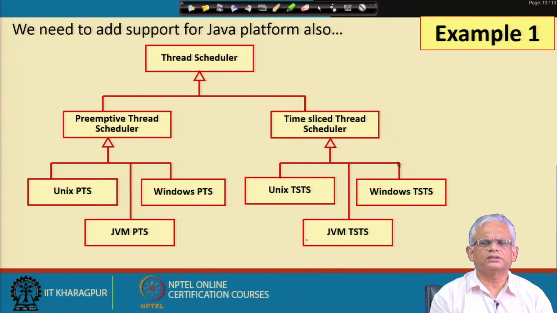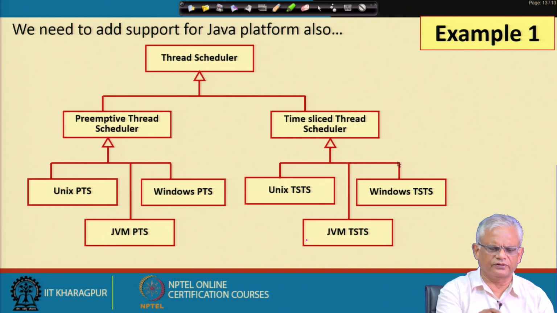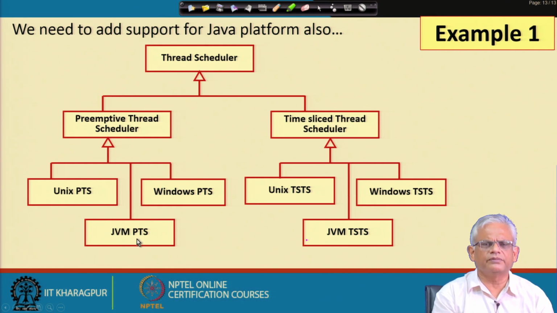And once we tried to support the Java platform, we saw that we not only should have a Java JVM preemptive thread scheduler, but also the JVM time sliced thread scheduler. So, the hierarchy becomes more and more complex